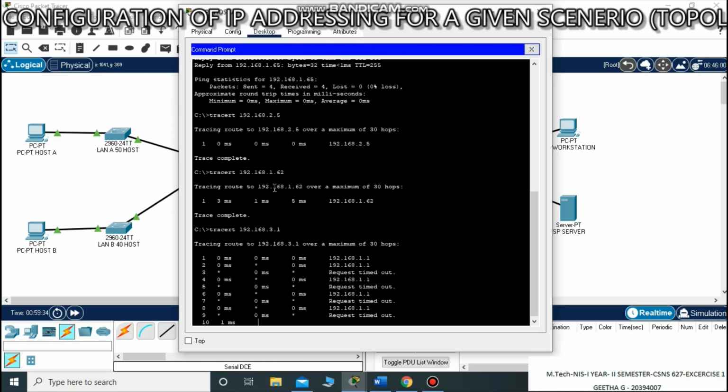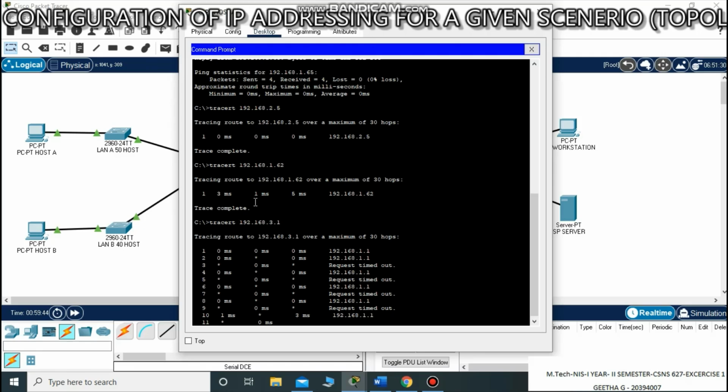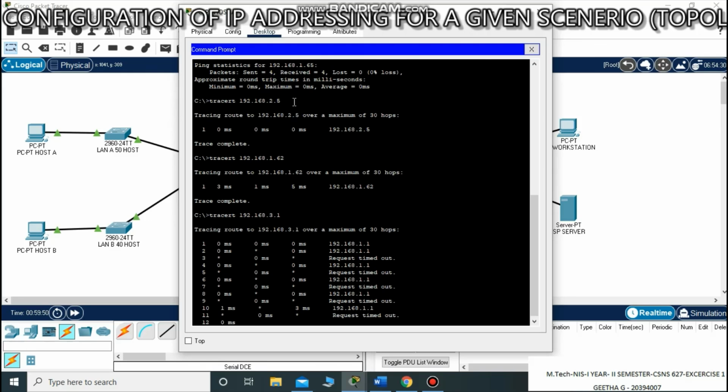With the trace route also we can find out whether from device X to Y it has been connected or not. The ping commands and trace routes will be helpful to find out whether the addresses have been configured or not.